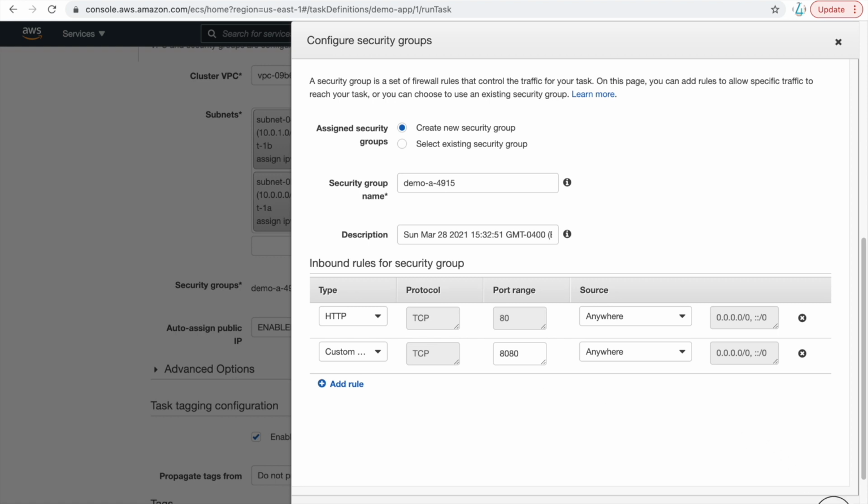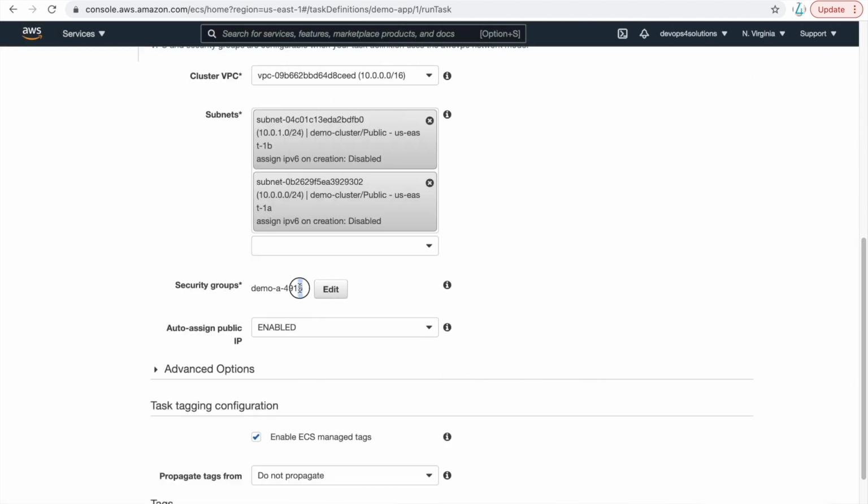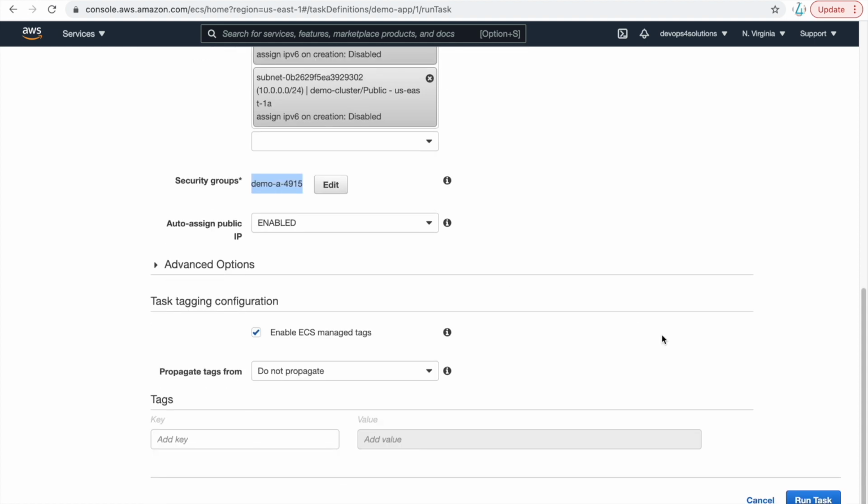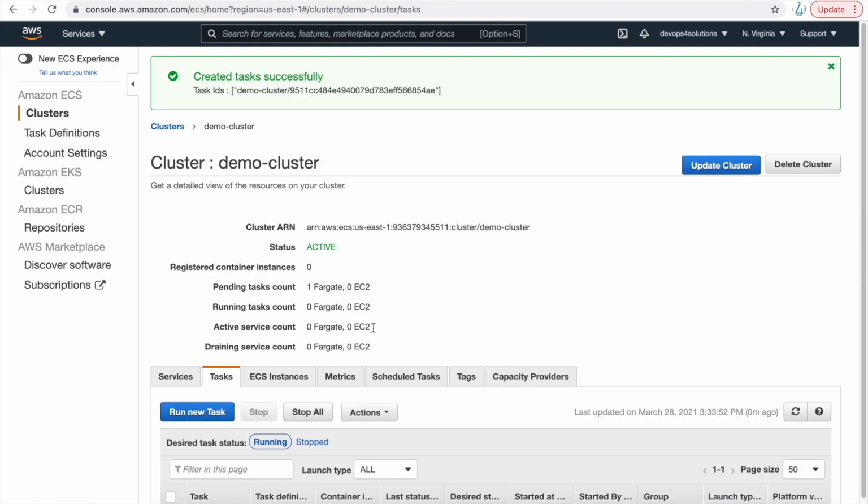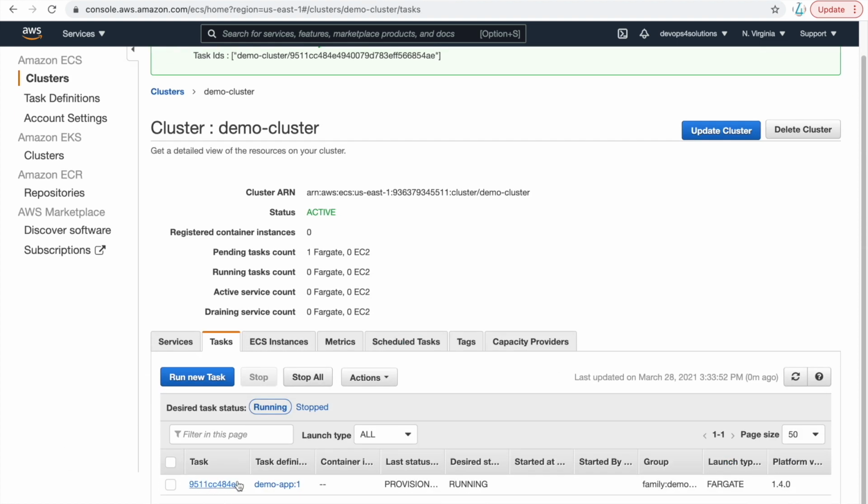You can do the configuration later on also. Just edit the security group for your particular port and go with the default setting. Click on run task. Here you can see that the task is running now. It will take some time before you will see that it's running.